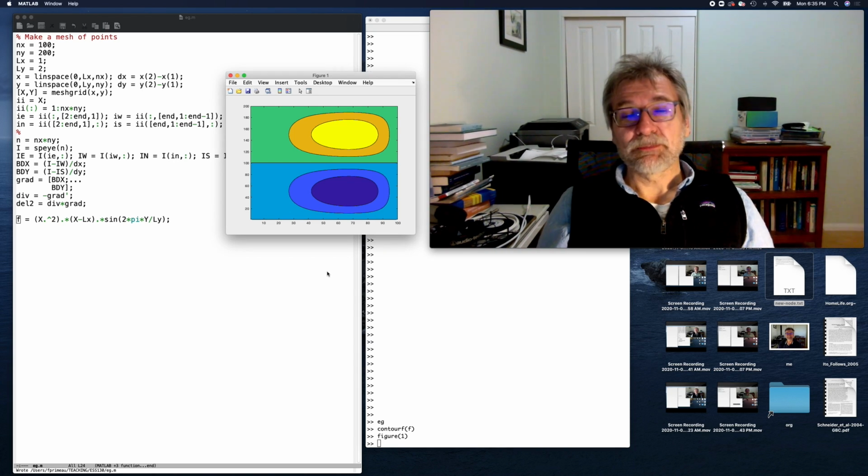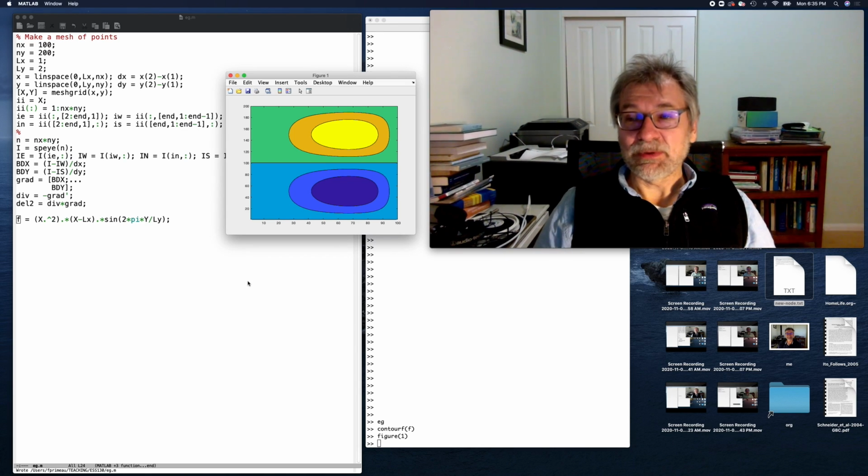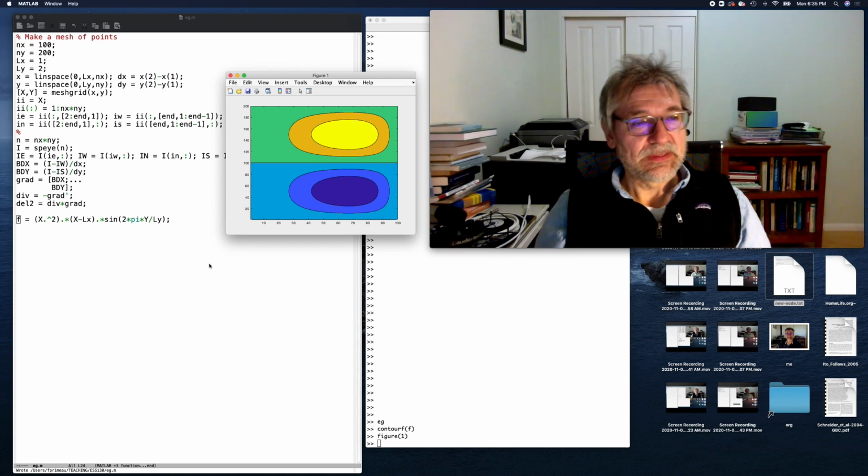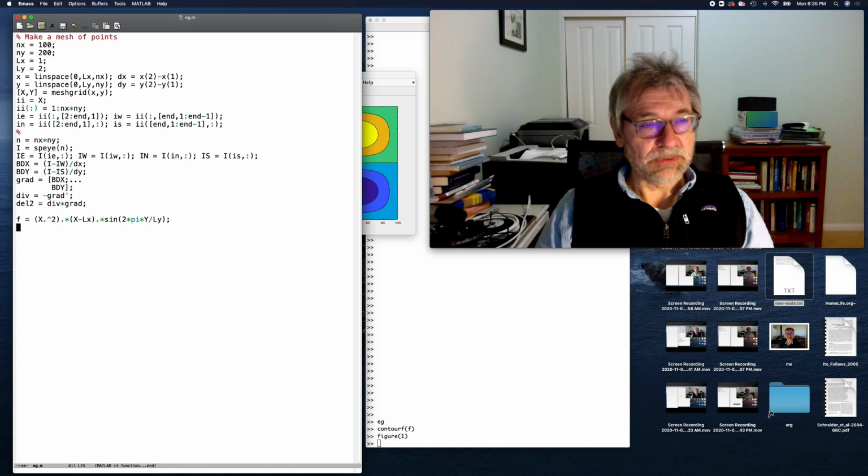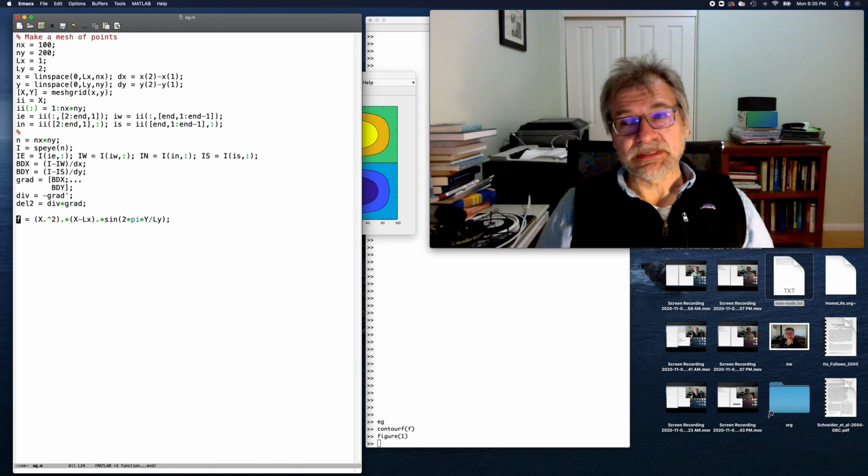And so we want to compute the Laplacian of this to make a right-hand side for when we invert the Laplace operator. So the next step is to compute the Laplacian. Now, taking the derivative of this is not too hard, just a matter of repeated application of the chain rule. But to show you a new trick in MATLAB, we're going to take the derivative of this using MATLAB's symbolic